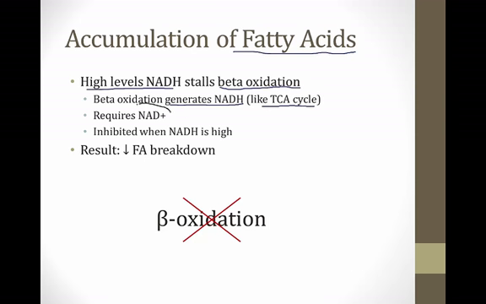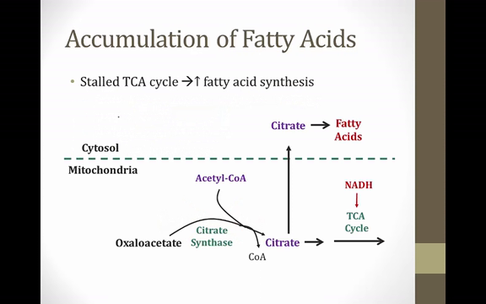This means it requires NAD+ in order to function, but as we have been discussing, in alcoholics, all the NAD+ is tied up in the form of NADH. This means the process of beta oxidation is going to be inhibited when levels of NADH are high, and therefore there will be less fatty acid breakdown from inhibition of beta oxidation. In addition to less fatty acid breakdown, there is also an increase in fatty acid synthesis in alcoholics,